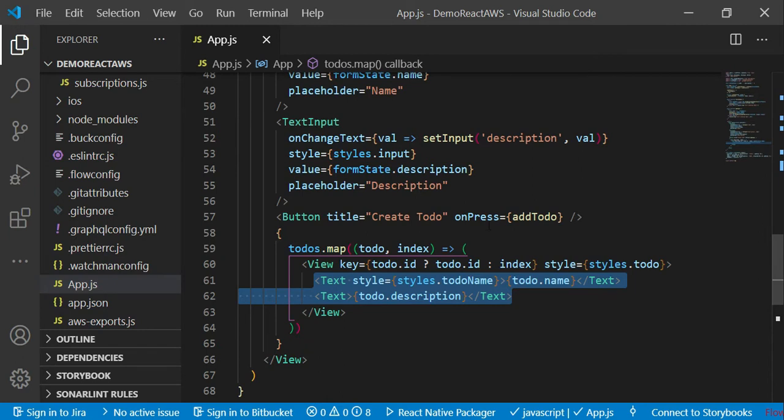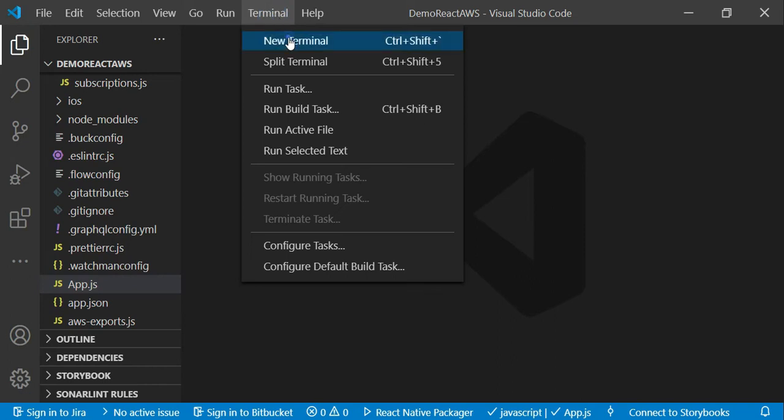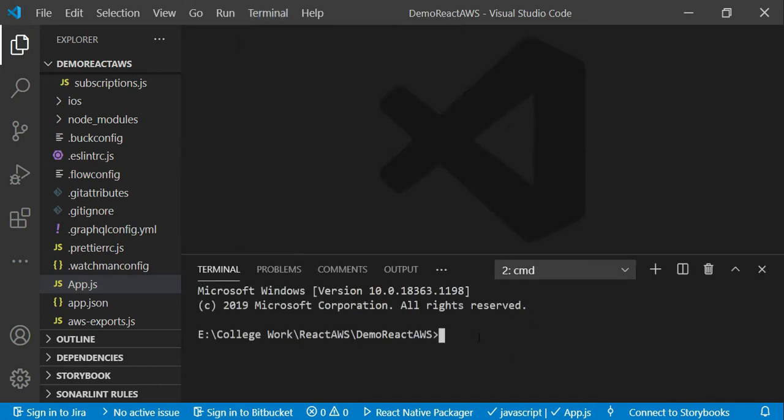Okay, now if you want to execute this particular code, then you have to open terminal, and here we have to just execute one command, that is react-native run-android.